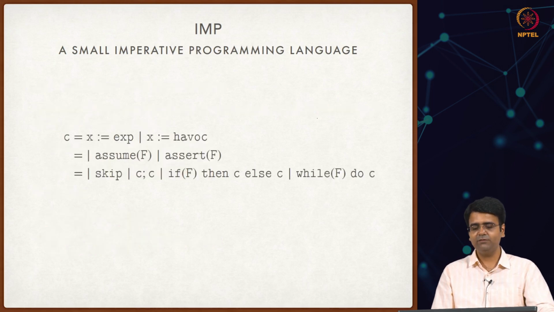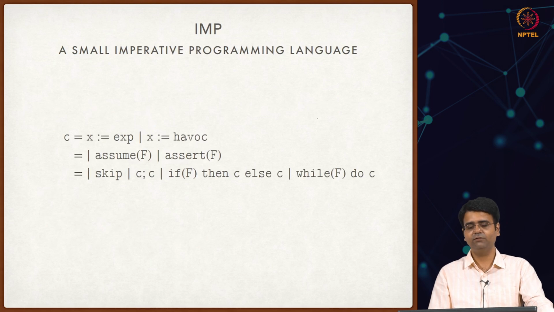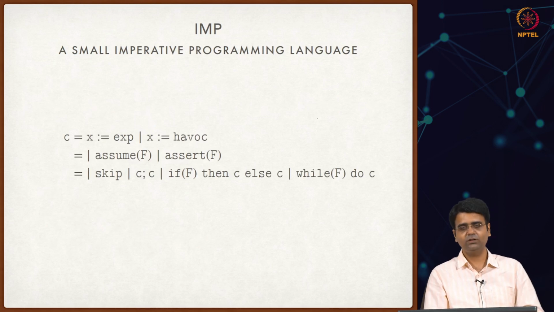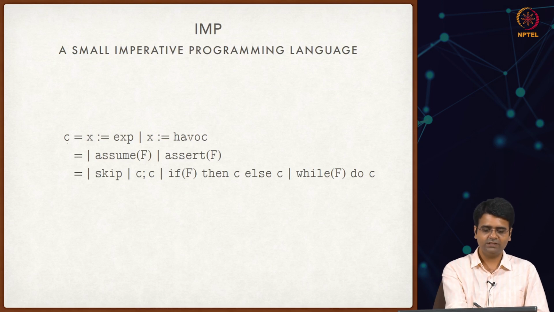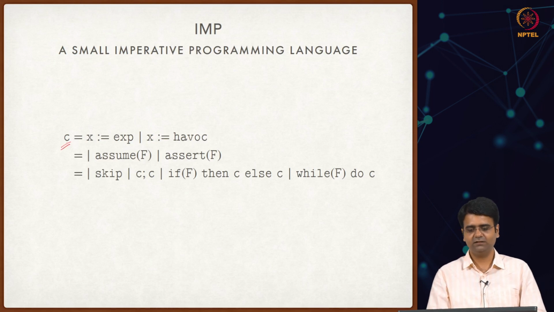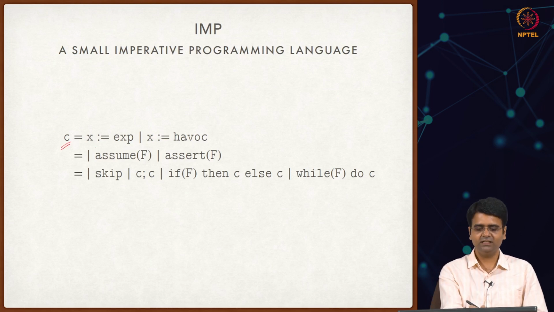So now let's see why we have defined this EXPV and phi v. So here is the grammar for the IMP programming language, which we denote by this particular grammar symbol C. So it can either be these base statements. There are 2 base statements, in fact, there are 4 base statements. So the first 2 base statements are assignment statements. So you can write x colon equal to exp and x colon equal to havoc. So both of these are assignment statements,